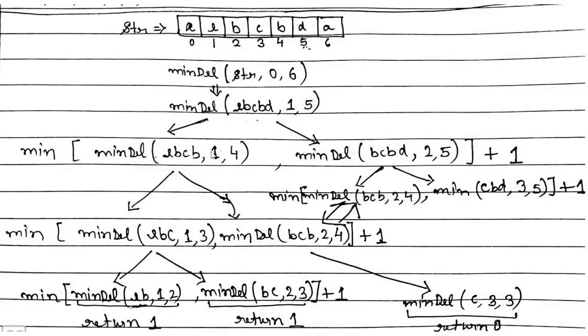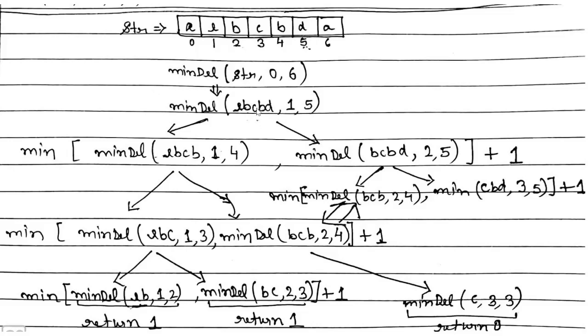So this is 1, this is 1. Min of 1 and 1 is 1 again, and I would be adding 1 to it. 1 plus 1, 2. Now the answer to this subproblem EBCBD would have been 2. And what does this 2 signify? This 2 signifies that if I need to convert EBCBD into a palindrome, I need at least 2 deletions